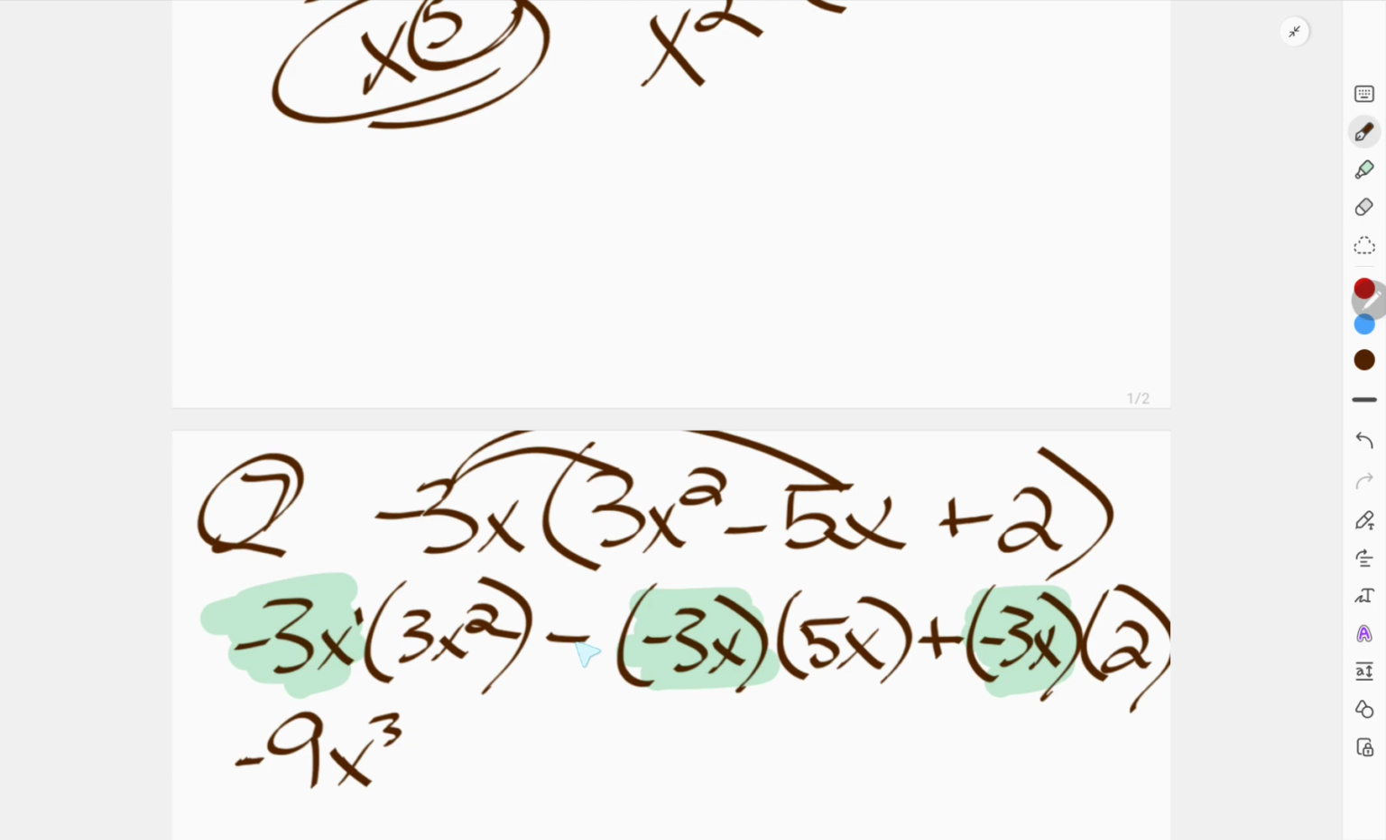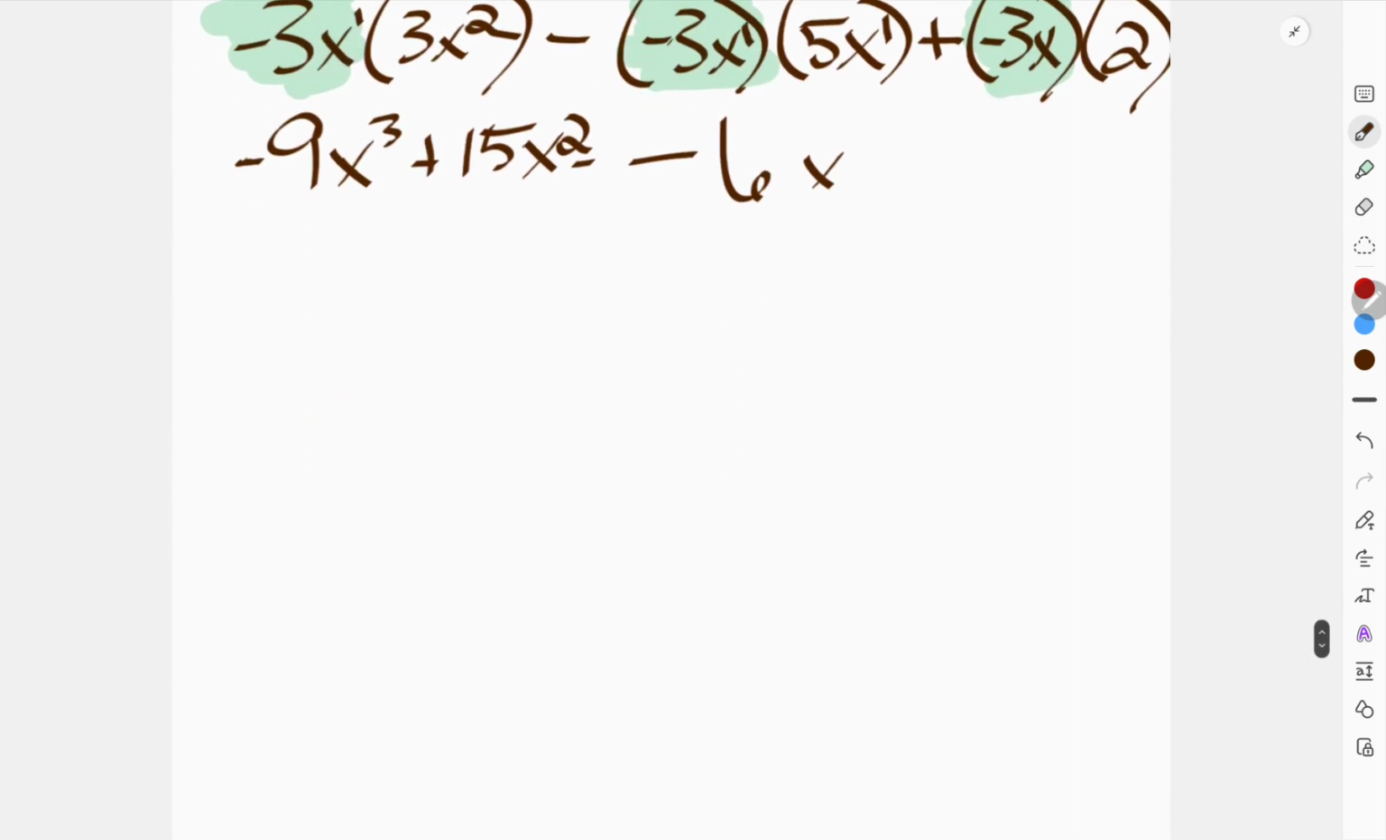So what happens when you have a negative and a negative? They make a positive. 3 times 5 is 15. X times x is x squared. Why is it x squared? Because 1 plus 1 is 2. And then down here I have a positive and a negative, so my answer is negative. So 3 times 2 is 6. I don't have another x, so it's just 6x. And that's your answer. Okay, so then when you're dividing, like number 8,